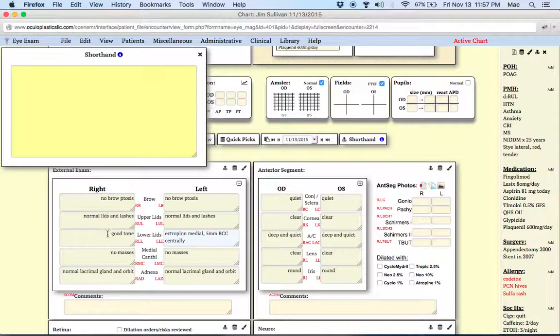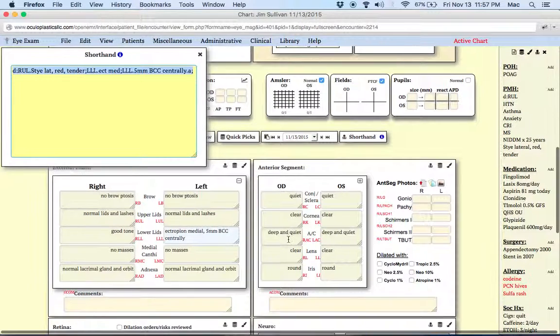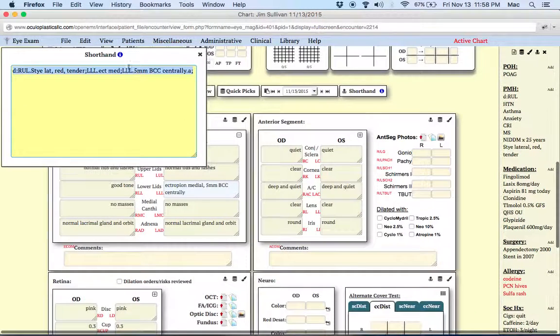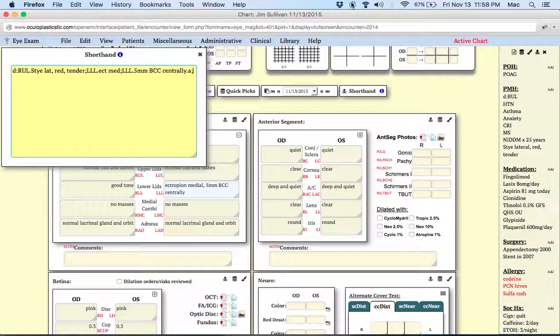Exactly what we wanted. Now, the default is good tone, and that has been erased because, let's go back and look, we defaulted here, but everything after that erases that field. Now, had we changed this to append, it would have appended to the normal as opposed to completely replacing it. You can go on through the whole exam and document multiple findings. Any of these field portions can be filled in using the shorthand technique. Hope that makes a lot of sense, and hopefully we can continue to improve this for the